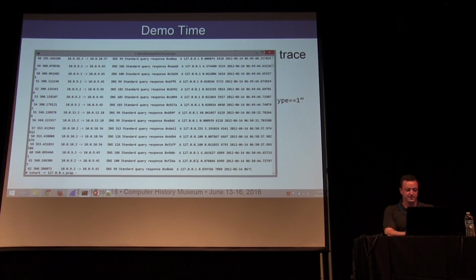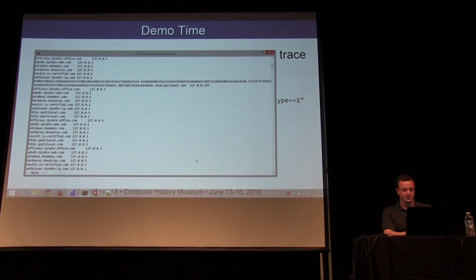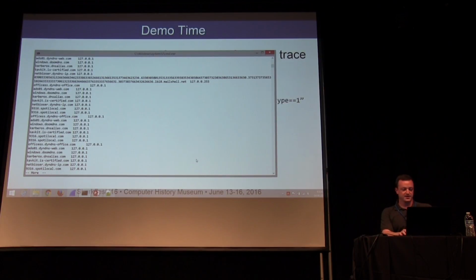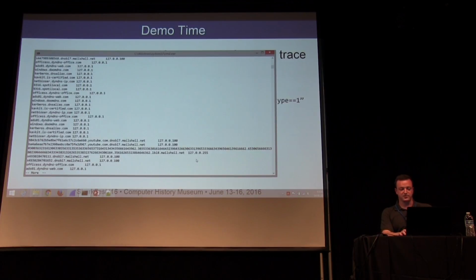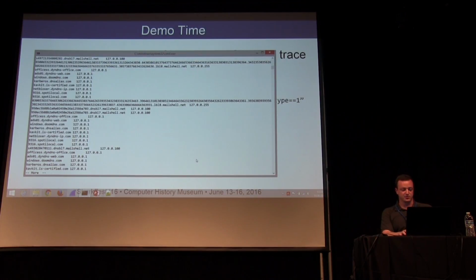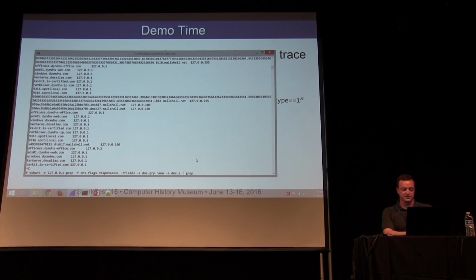So if we go for that one and use the same filters again we did before, so we go for DNS flags response, and I'm going to shorten that to T fields, DNS query name, and DNS.a, check for typos. No, it looks pretty good, right? So you can see I have lots of different domains, all resolving to 127.0.0.1. And if I'm just interested in those things, I could do grep 127.0.0.1,